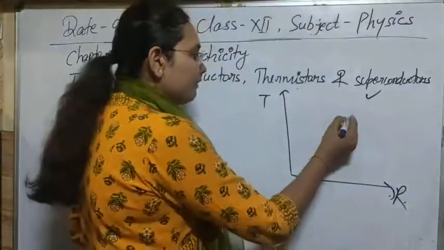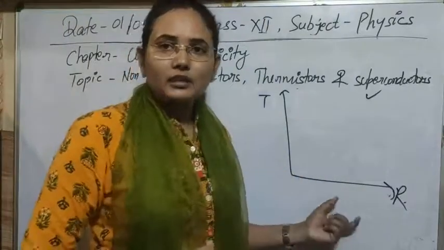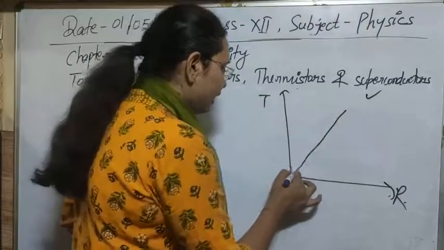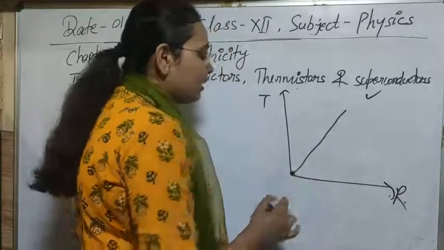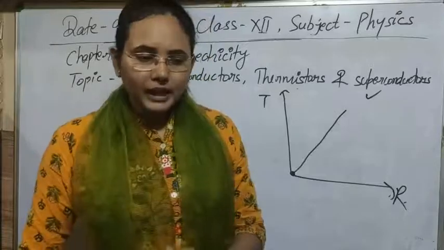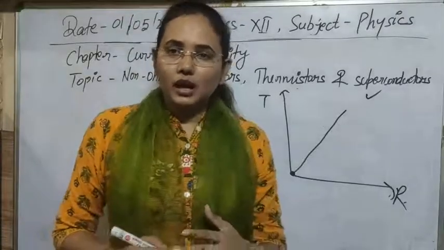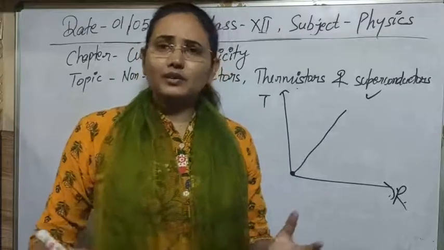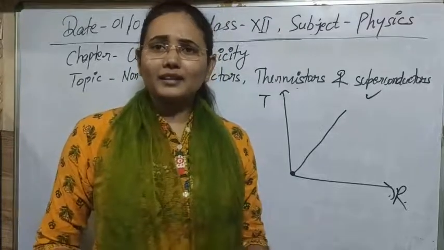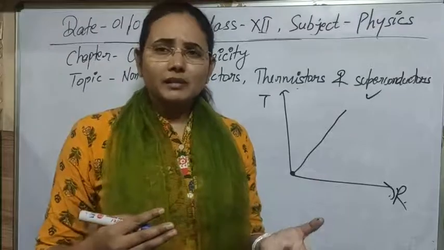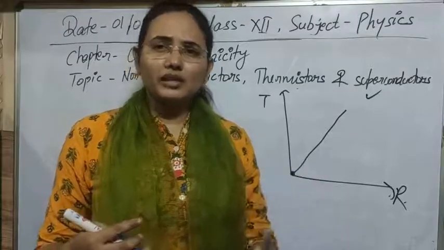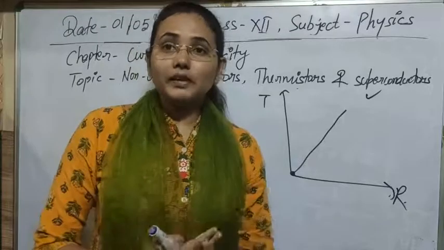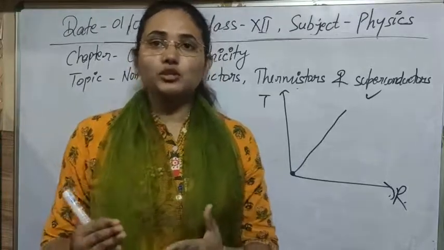Normally if you decrease the temperature of the conductor, its resistance also decreases and ultimately becomes zero at absolute zero temperature. Normally at absolute zero temperature all the activity of the system ceases: the electrons are not moving, they are not colliding, they are adjusted in the system, vibrations are very small. You can say their velocity is zero, kinetic energy is zero. This is the property of material at absolute zero temperature.